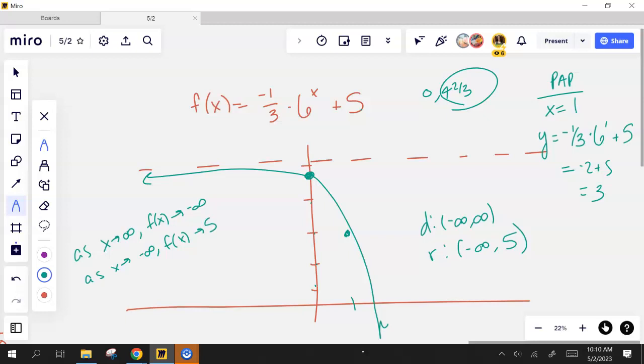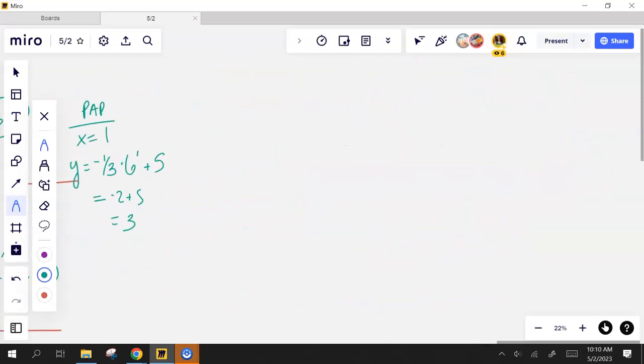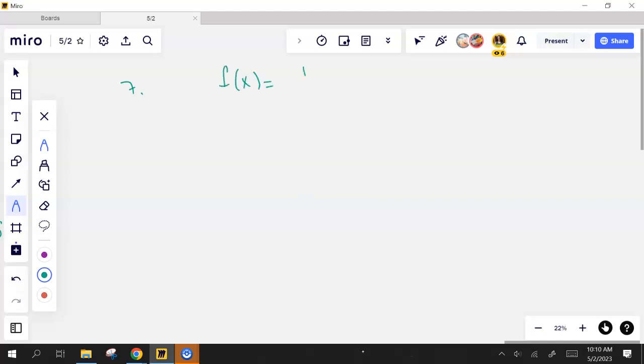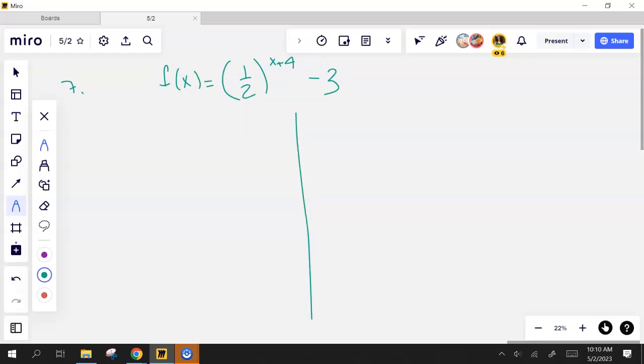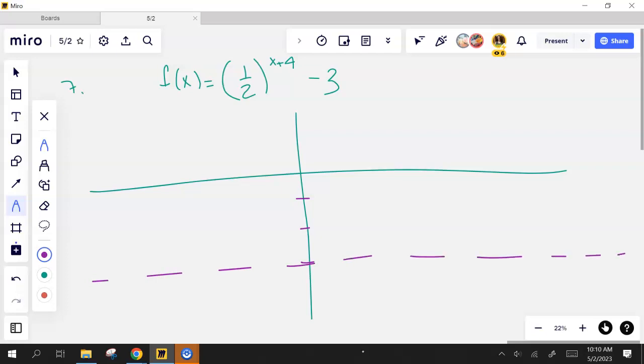And then you said Zahar, you said 7. Growth or decay? Decay because b is less than 1. Where's my asymptote? -3. Am I above or below? Above because a is positive. Give me a point on my graph. -4,